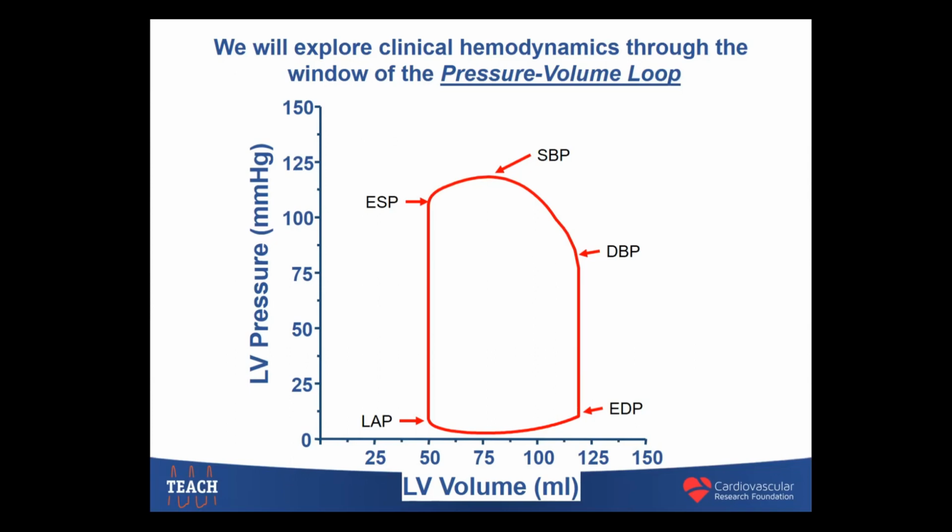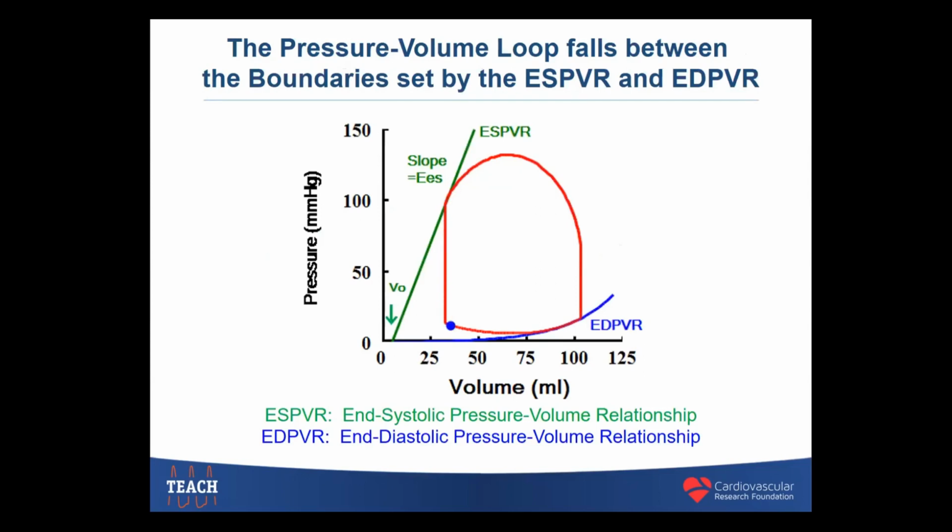And I think some of these, when you think about it, sometimes it's a little bit confusing, but over time, as you hear it more and more, they start to make sense. But in cardiology, they're quite important concepts, especially when thinking about hemodynamics. And when we look at a pressure volume loop, basically every ventricle has its unique properties that are based on the myocardium. And every pressure volume loop, which represents each individual ventricle, is usually bordered between two